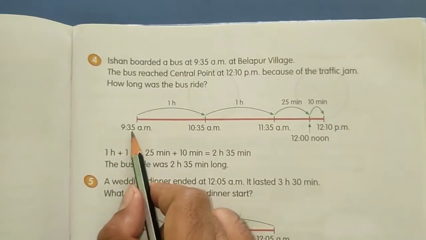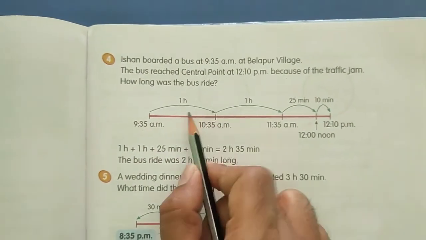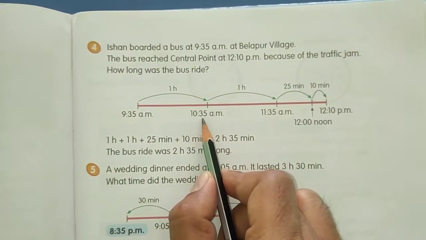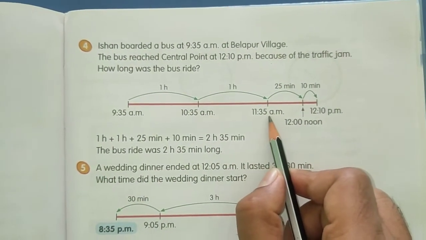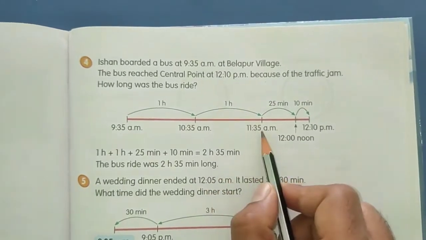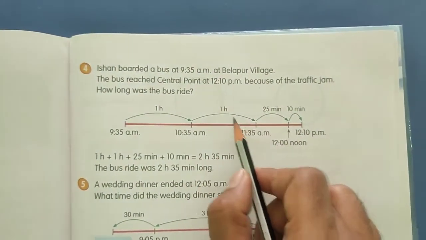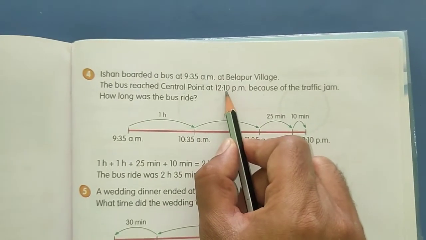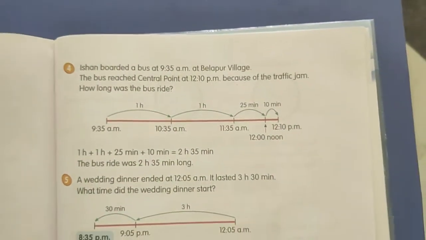So start from the starting timing 9:35 exactly up to 10:35, it will become 1 hour. So here we can write 10:35. After that again we can write 11:35. So again 1 hour is added. But now see, what is the timing here? 12. Now we can't write 12:35 because here 10 is there only. So first of all count from,